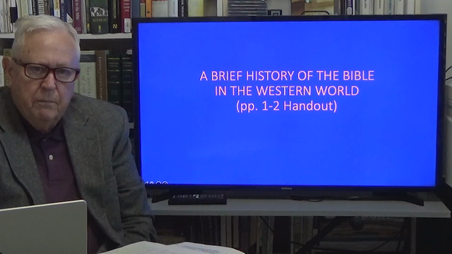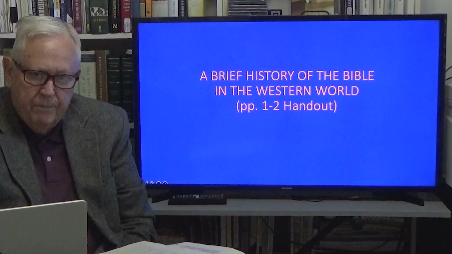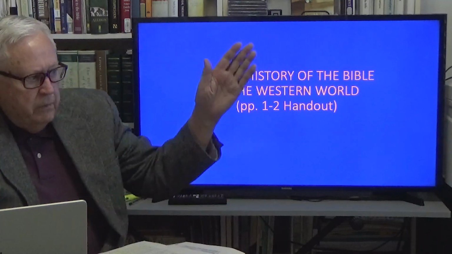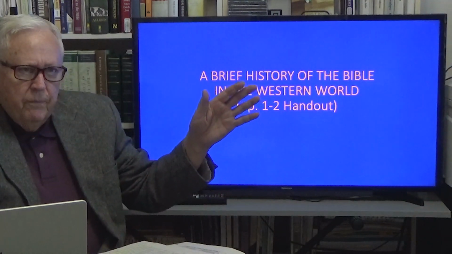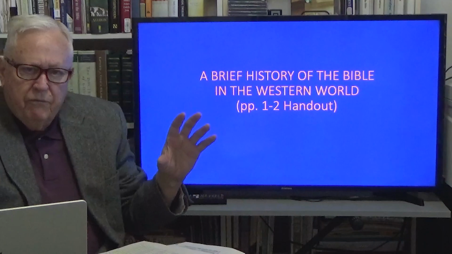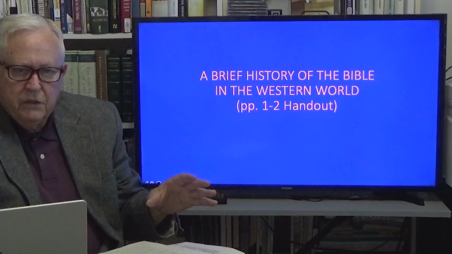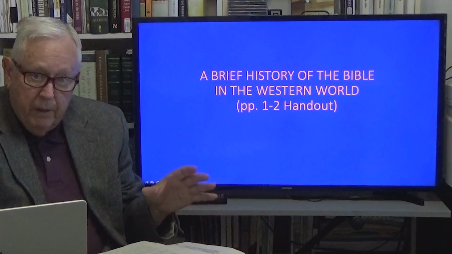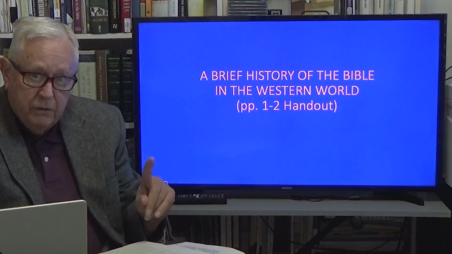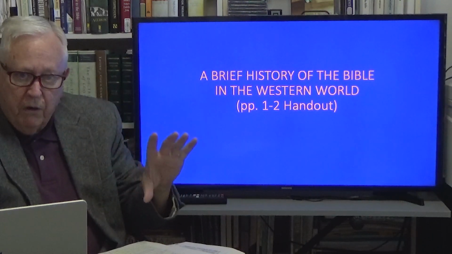The ASV was the first of the English Bibles to really put the Bible, the total Bible, into paragraphs, not verse by verse. The Old King James put every verse in the left-hand column. And the ASV gave us paragraphs. In fact, the translators of the ASV were really well educated in English and in the languages. And so when they gave us a paragraph, they gave us the big paragraph. And that's very, very important. It gave us the big paragraph because the big paragraph is the biggest unit of thought.